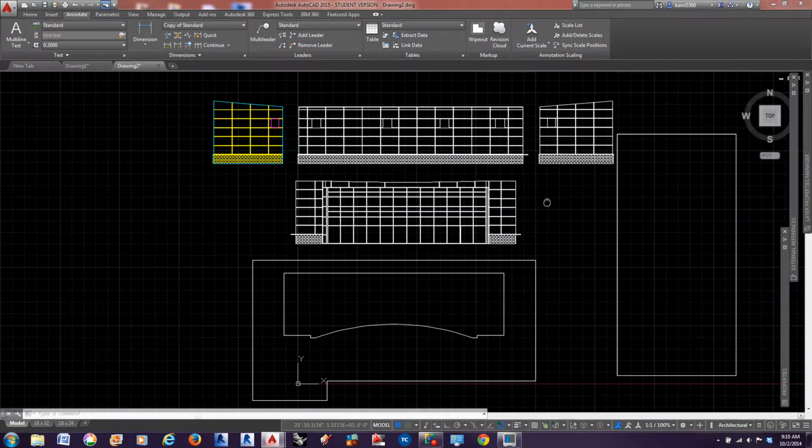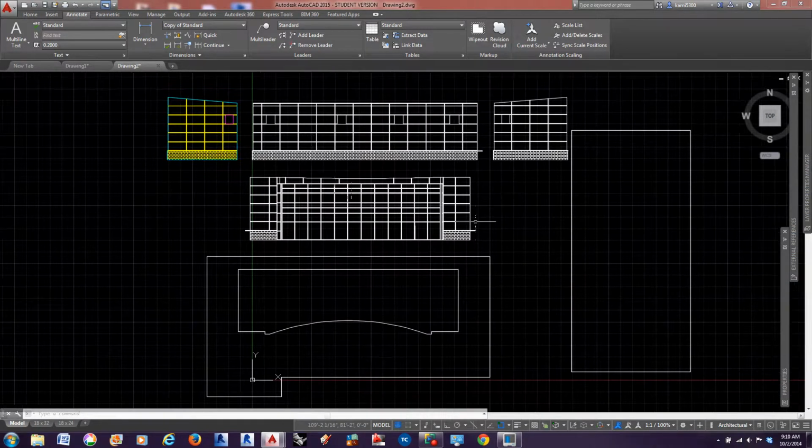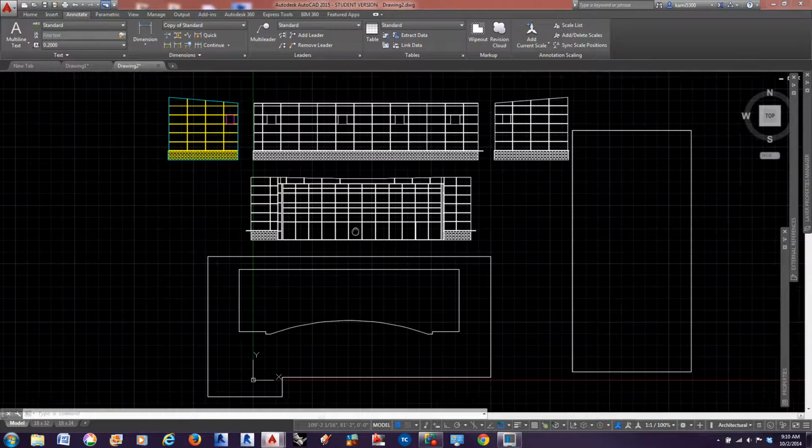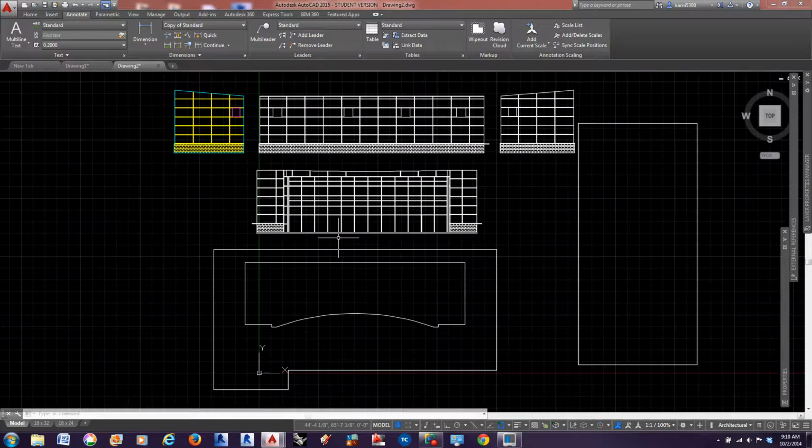If you could spend some time today cleaning up the rest of these and apply them to the appropriate layer, that'd be awesome. Now here's the trick, right? This is a template file. It's a DWT file. We don't want to save over our template file. We want to save it as a DWG file, which is a regular standard AutoCAD drafting file. It is a DWG